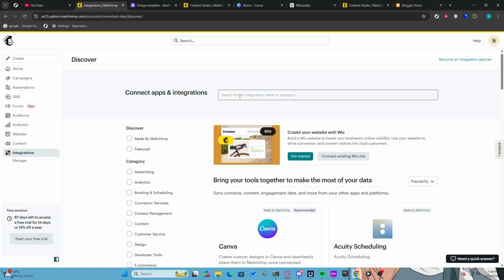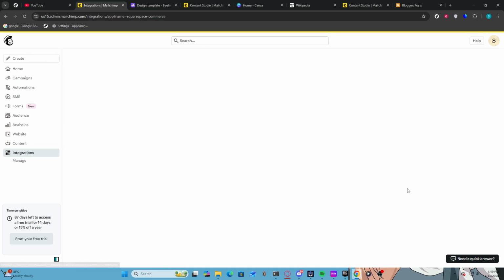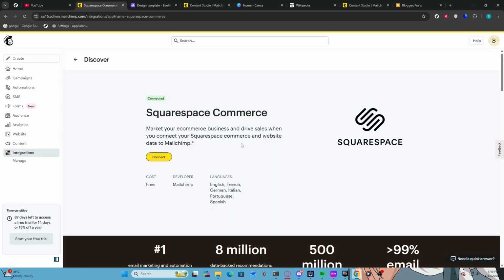After that, you will see a search bar labeled Discover Integrations. Type in Squarespace Commerce into this field. As you type, Mailchimp will automatically suggest relevant integrations, which will help you find the correct one. Once you see Squarespace Commerce in the drop-down list, click on it. This action will take you to the integration page specifically for Squarespace Commerce, allowing you to proceed with the connection